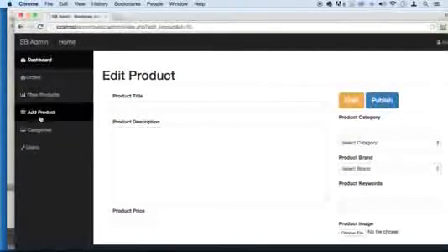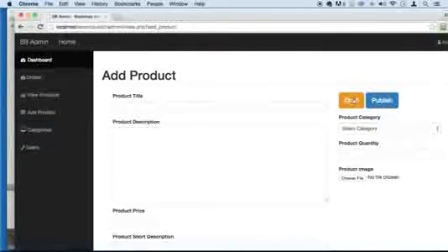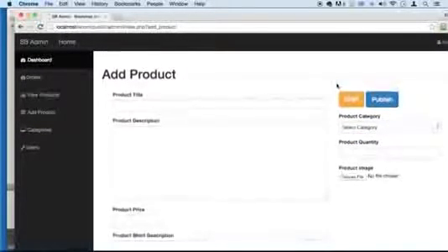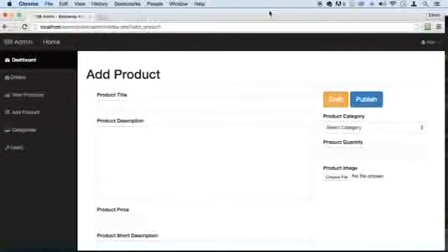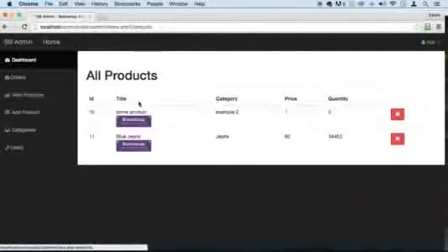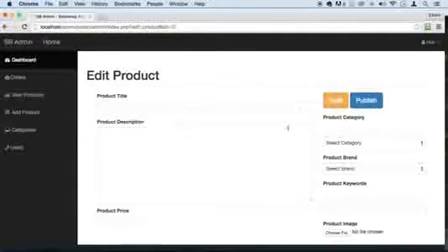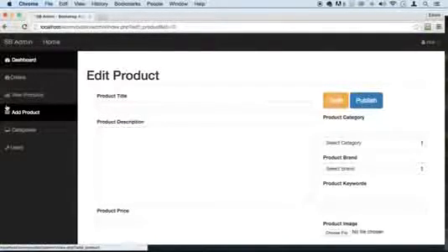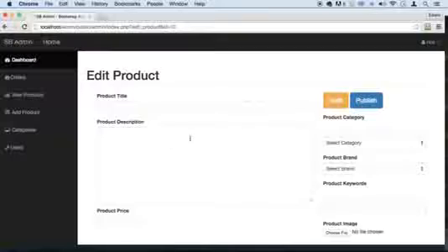And by the way, if you are in the add product page and you see this draft here, that's going to be a functionality we're going to be adding later on. That's going to be an extra feature there. I'm going to show you. There are going to be a couple more extra features here that we're going to be adding, like the code editor, and we're going to be adding that right here when we create this edit page. Then we'll go back to add product and also edit that. All right, so let's go ahead